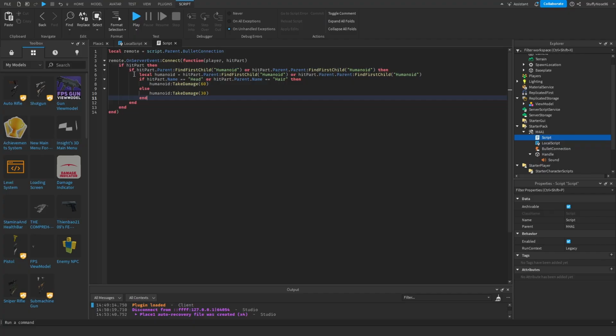So basically what we have is if hitPart.Parent:FindFirstChild("Humanoid"), or if hitPart.Parent.Parent:FindFirstChild("Humanoid"). Basically, this just makes sure the hit part is actually a human. And if it is a human, or a player rather, then it will get the humanoid of it, which is just basically a rehashing of this if statement right here